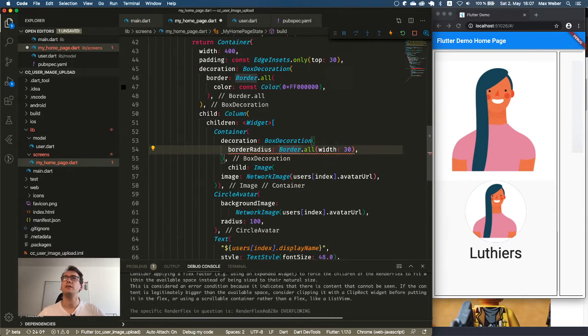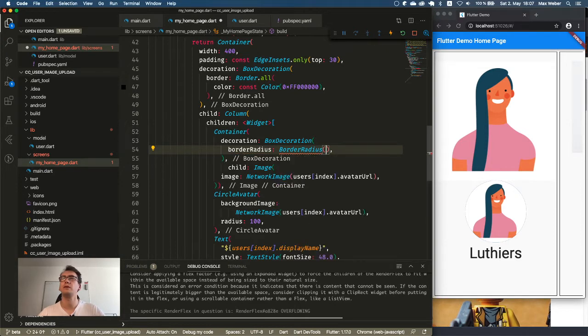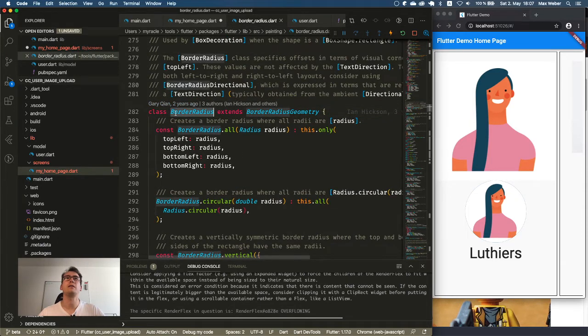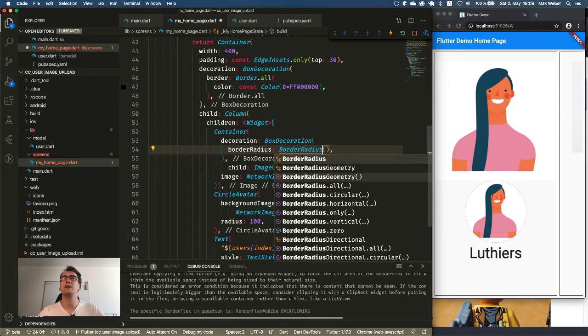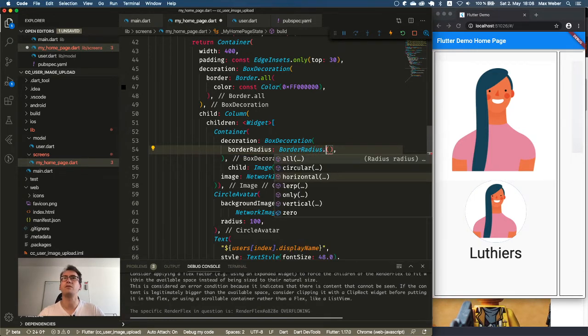So let's see, what did I do wrong? Is that a border radius here? And then inside we have something. Yeah, the border radius is taking that. This is a radius, okay. So what we have is a border radius, no, border radius dot all.